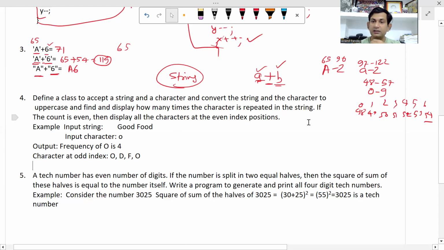Display how many times the character is repeated in the string. After that, we have to count the character which you have entered as input: what is the frequency of that character in the string, how many times that character has come in the string. Okay, if the count is even, if the frequency of that character is even, then display all the characters at the even index position, otherwise,